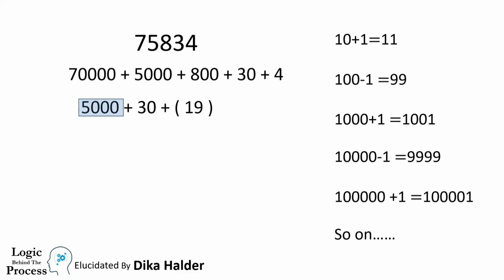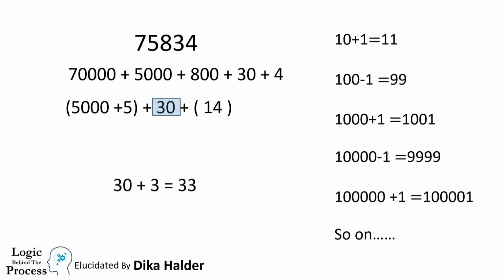Now look here, 5,000, and look here, 1,000 plus 1 equals 1,001, and 1,001 is divisible by 11. Now if we give 5 to 5,000, then the ratio of it will become 1,000 plus 1, and 5,005 will act like 1,001. But we can't add an extra number because then the value will change. Luckily we have 19, he will give. Still we have 14, still we can't divide it. Now look here, if we add 3 to 30, it becomes 33. Then the ratio becomes like this. But who will give him? Look at 14, he is always ready to help.